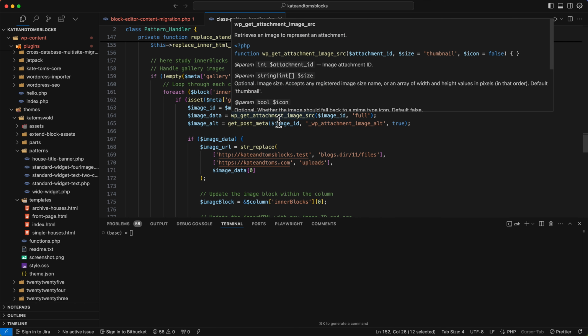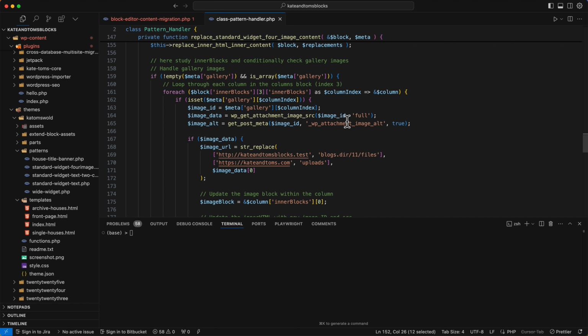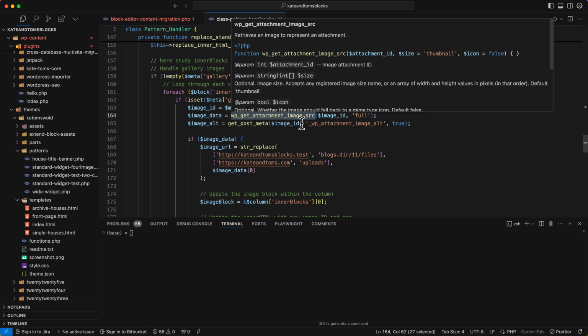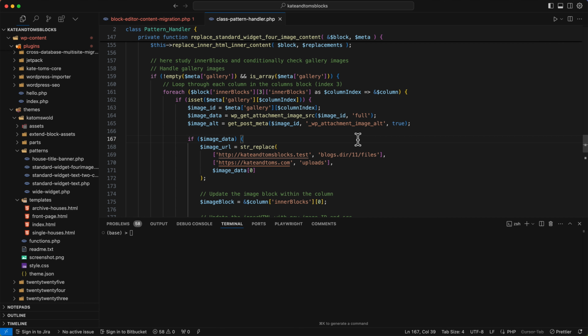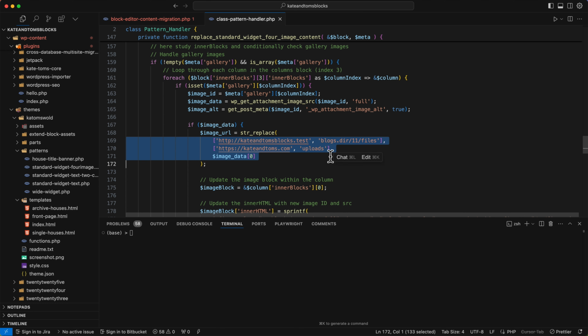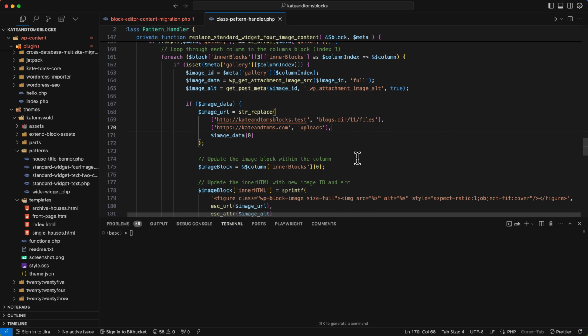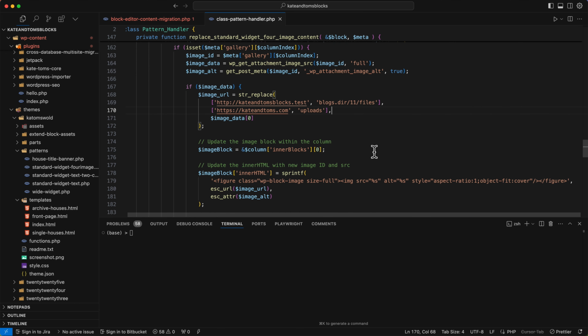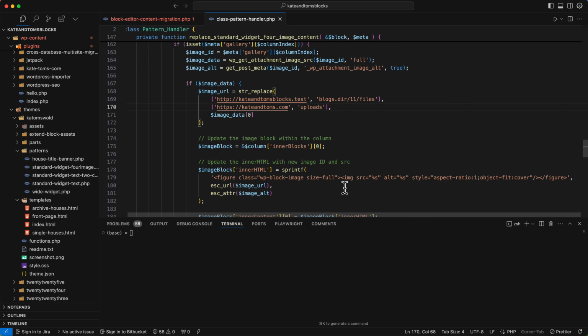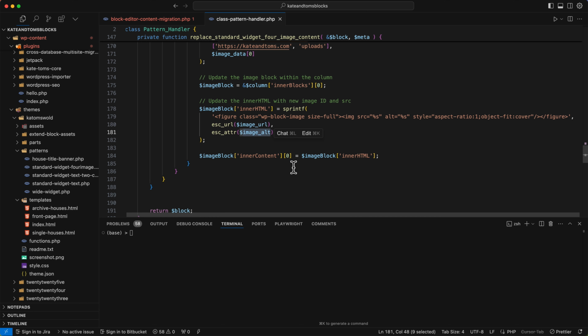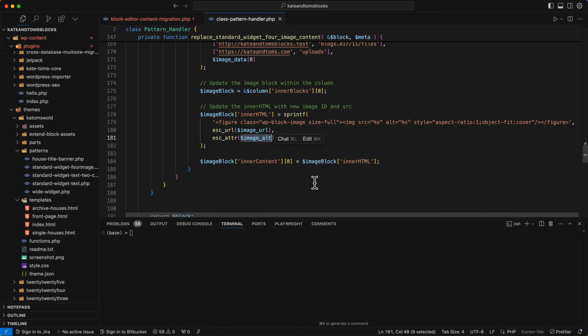So in my metadata, what comes in is the image ID. So all I'm doing is getting the attachment ID from my local source, and then I'm replacing the URL from production, so I don't have to upload oodles of images to my local database, which is not going to be very time efficient. So then in the markup, we're going to use that, and we're going to replace the source with the string replace for the URL and the alt tag from the image attachment. So yeah, I just need to sort that logic out, and then I can run the script again,